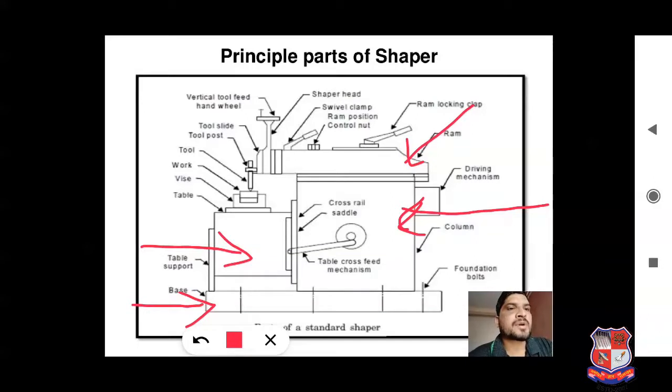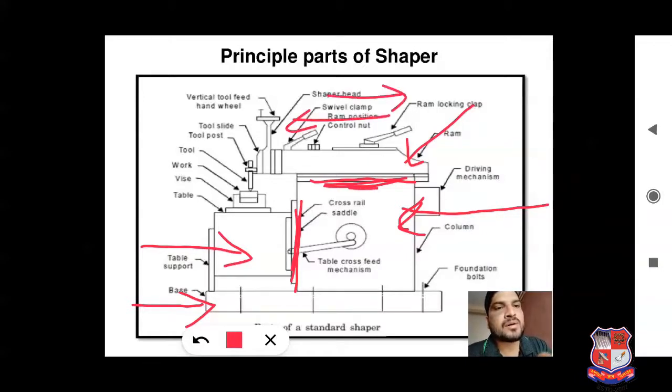To hold the ram, there is a provision of various slideways here as well as various guideways here. On this guideway the ram moves in forward and backward stroke, and on this guideway the table can move crosswise as well as vertically.